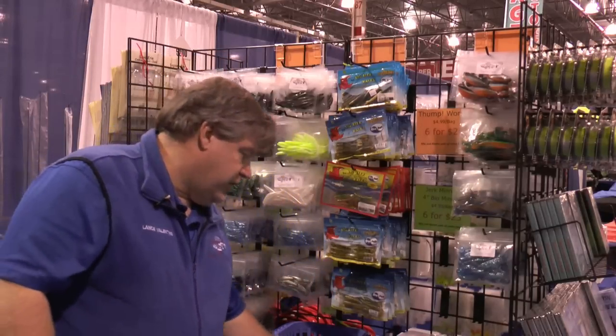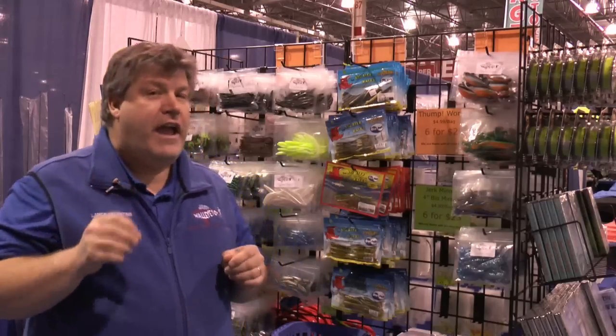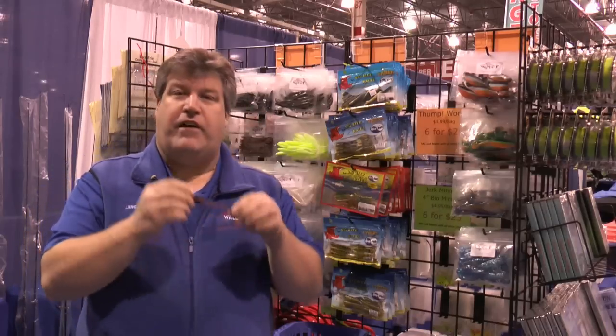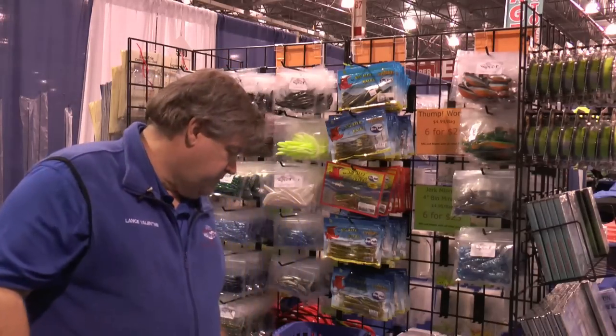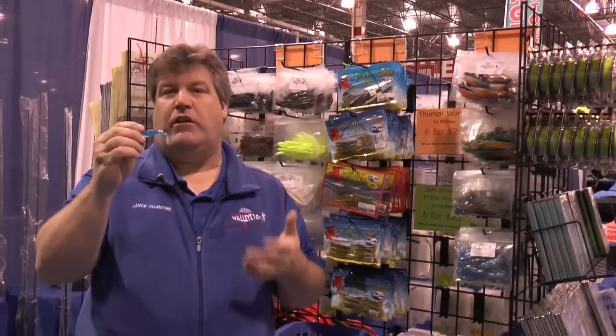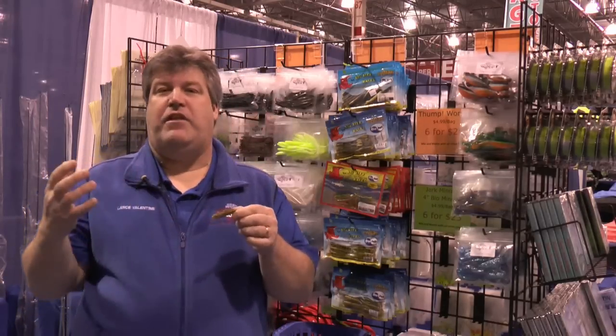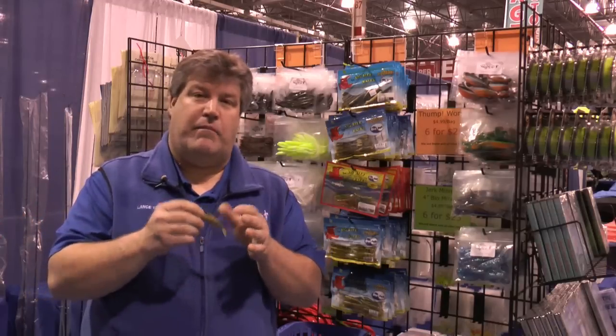So these 5 shapes are going to catch you fish every day on the river. Make sure you have these 5. Fish them, let the fish tell you what you want. So make sure you've got a 4.5, 5-inch worm that you can pinch down to about 3 inches. Make sure you've got something that imitates a minnow, like this 4-inch jerk minnow. Make sure you've got something that imitates big, heavy, thick-bodied bait that lives close to the bottom, like a 4-inch